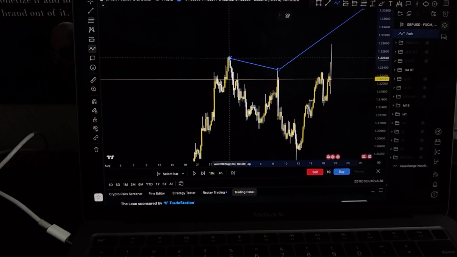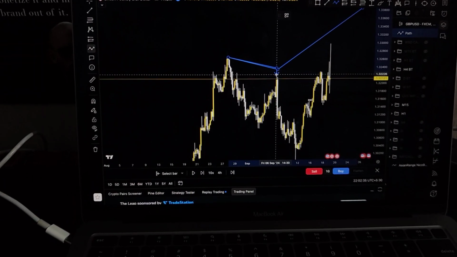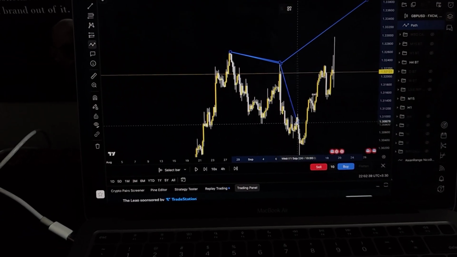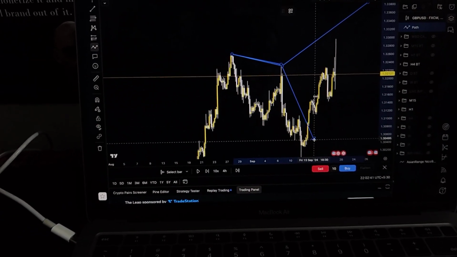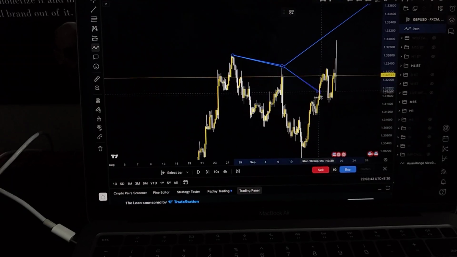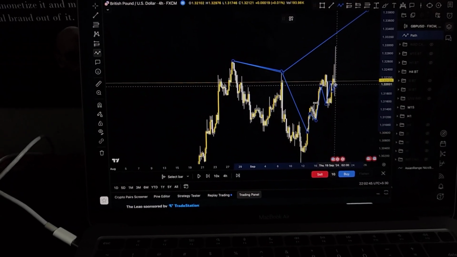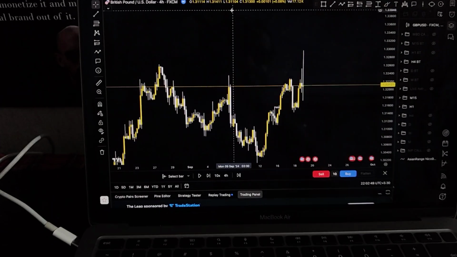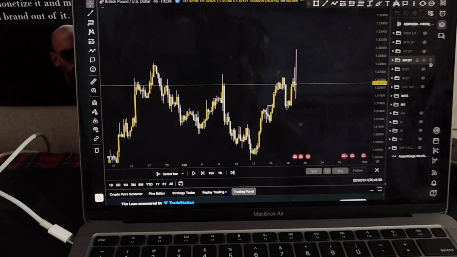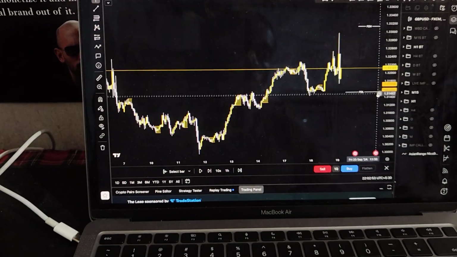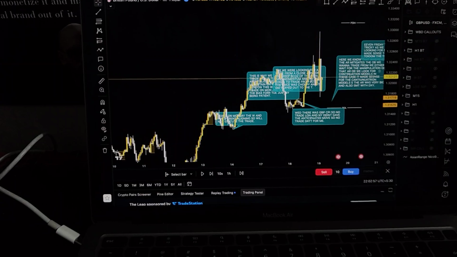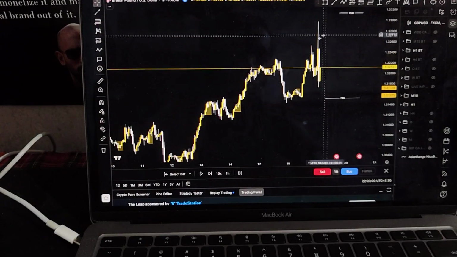There was a huge amount of sellers right here, right? Because these were the areas from where the bearish movement started. As you can see clearly, the market was trending bearish from these areas. So what did news do? News came in, literally went up, swept liquidity from all of these sellers, and then it started to go to the downside. So that's also one thing we have figured out through endless backtesting. And if I show you the callouts, which I will, don't worry.